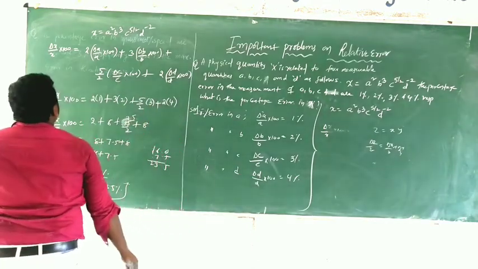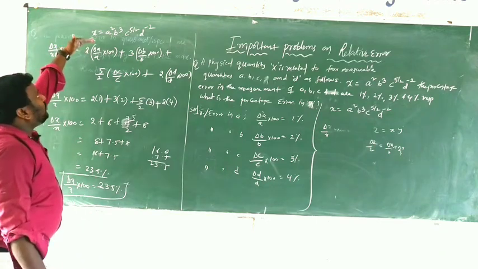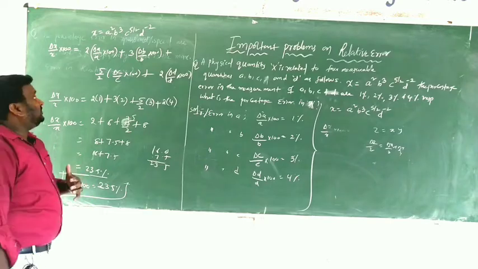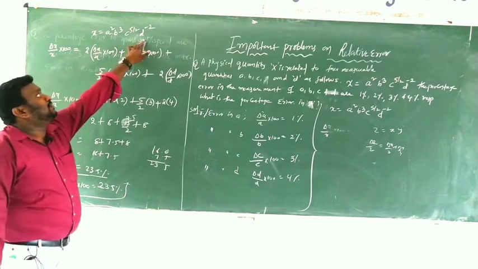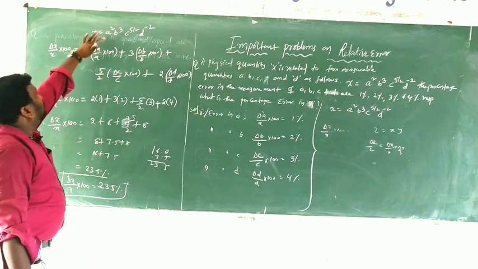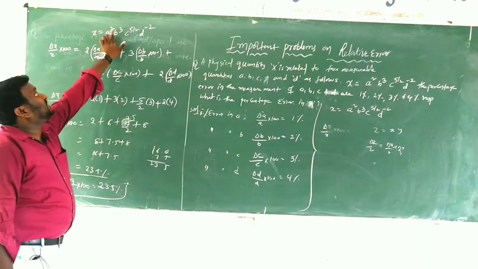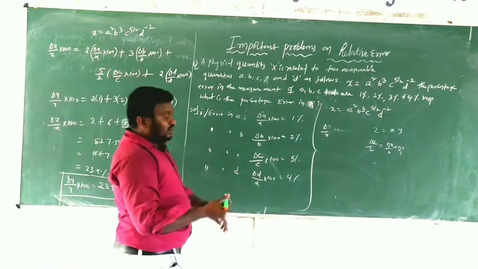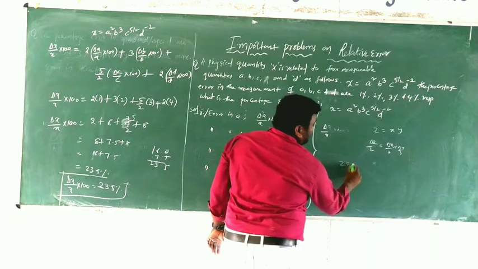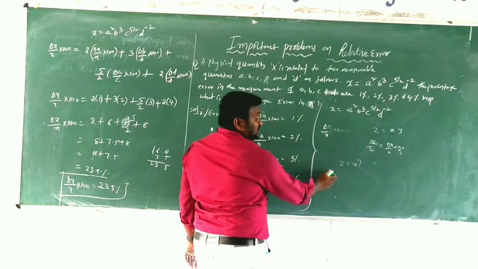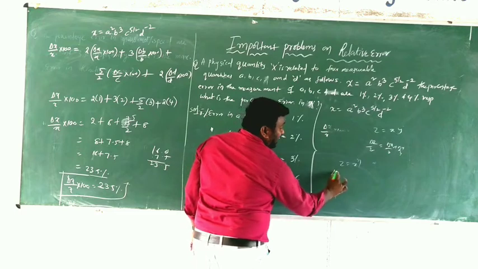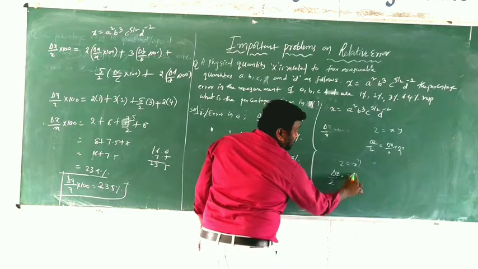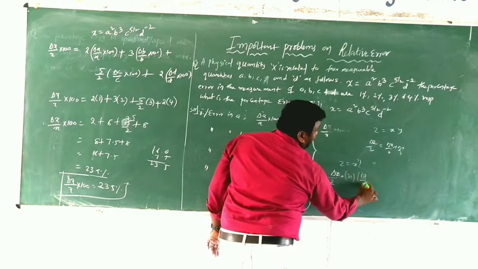Now this is the important part. When we have a relation like this, how can we write the relative error or percent of error? It is simple, all are multiplications. I explained this: if z is equal to x power of n, then how can we write the relative error of the result? Delta z by z is equal to power into error.